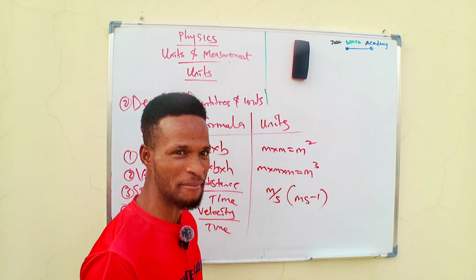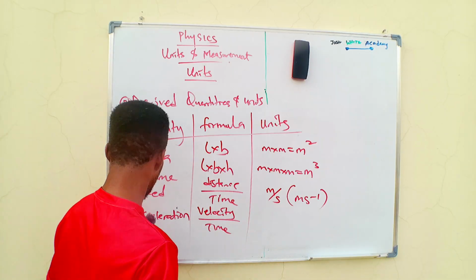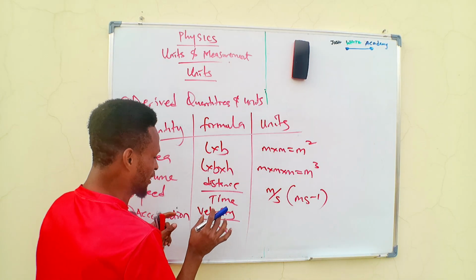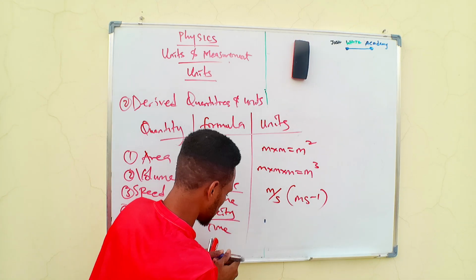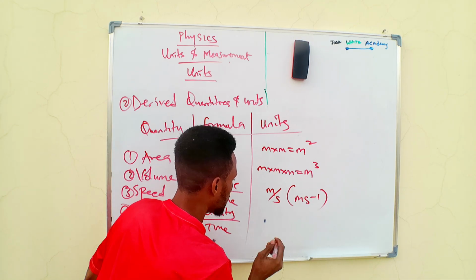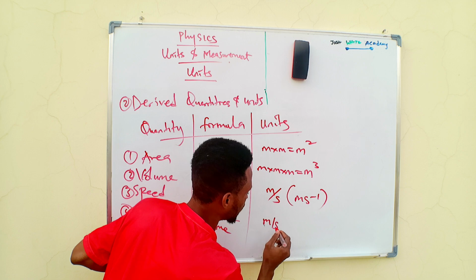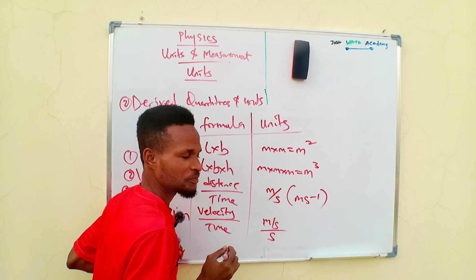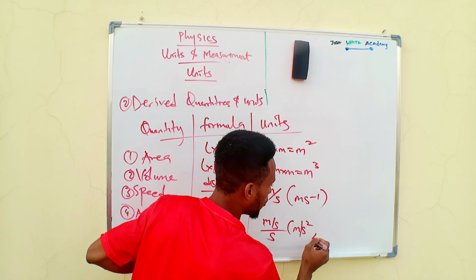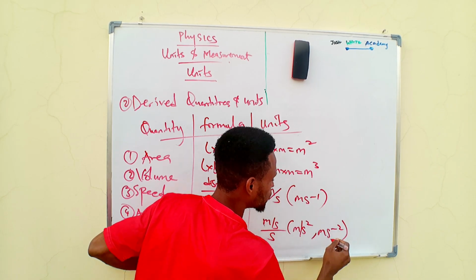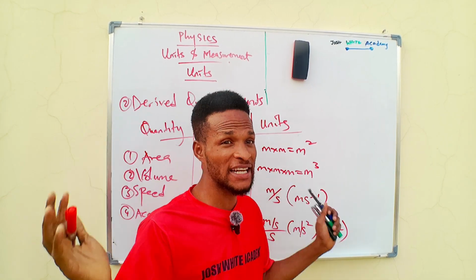But they all have the same unit. So acceleration is velocity over time. That means meter per second all over second, which will give you meter per second squared, or m s minus 2. We can continue like this,